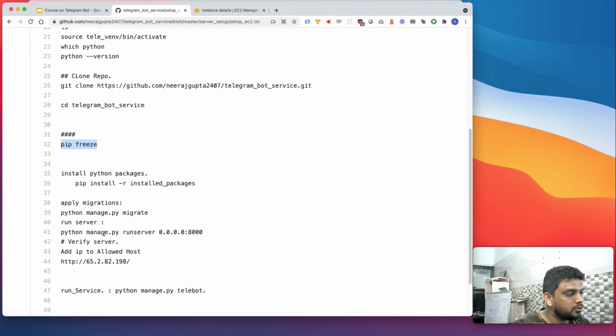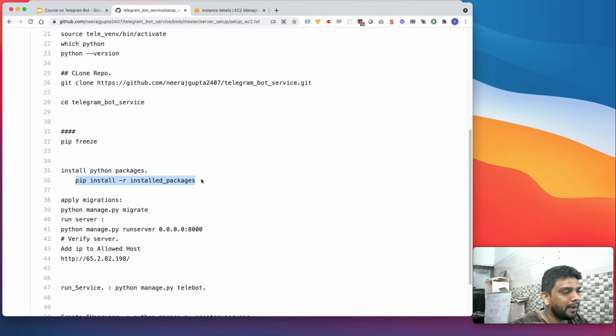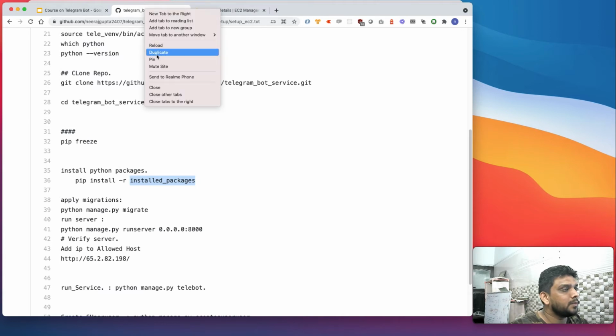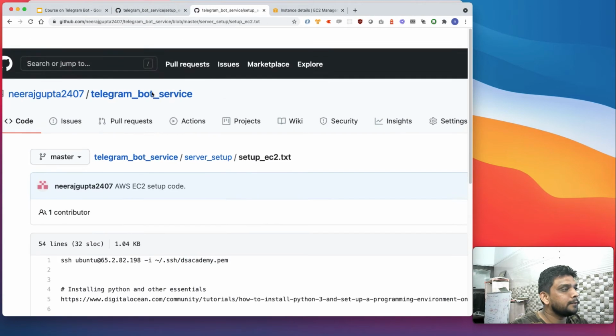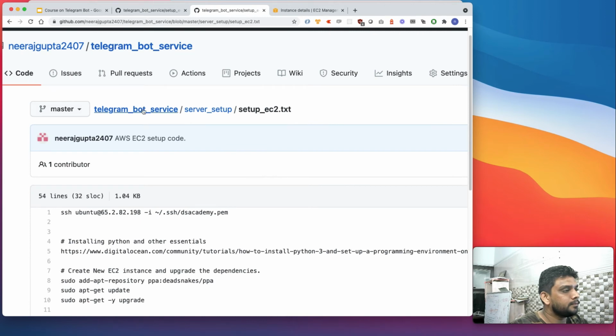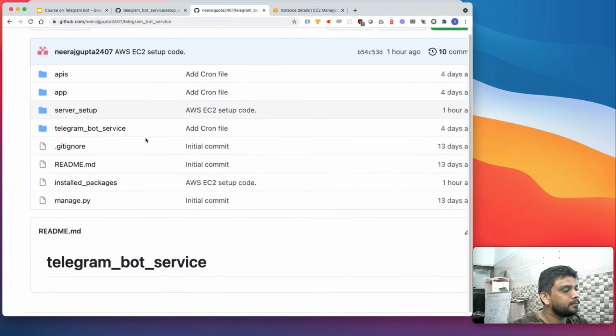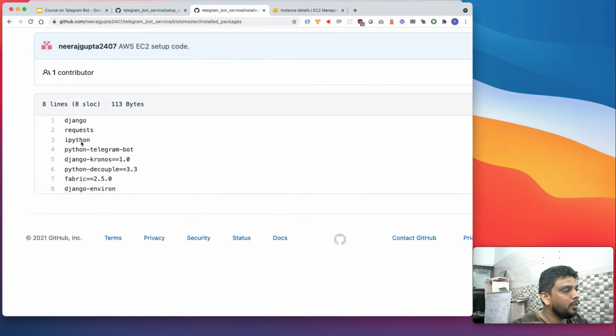The next step is to install all my packages. We have created this file called install packages, where we define all the packages which we are going to need,